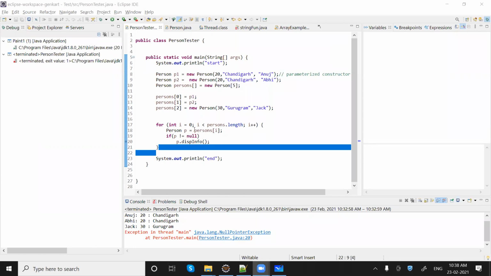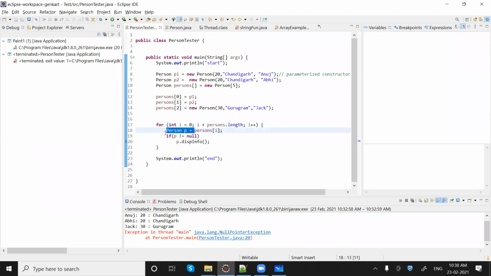If it is creating confusion, let me do one thing. We can write it like this, so you can understand it like mathematics. Does it make sense now? Yeah, got it. It is simple mathematics. Where I am saying persons i, I'm assuming it's p.